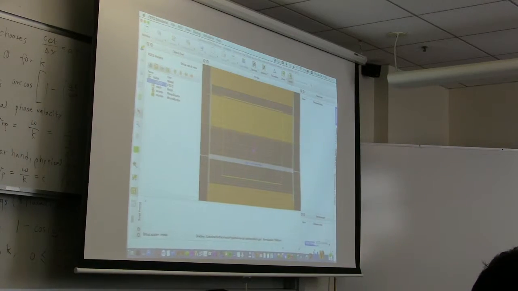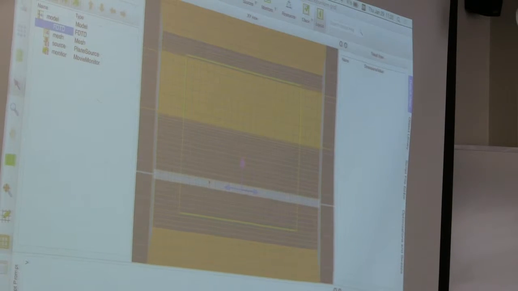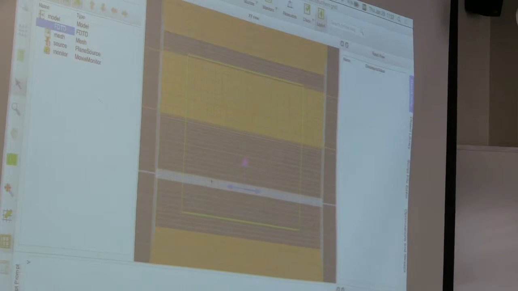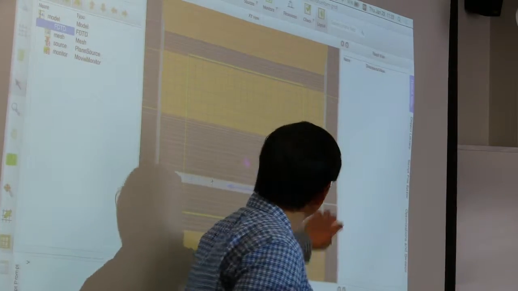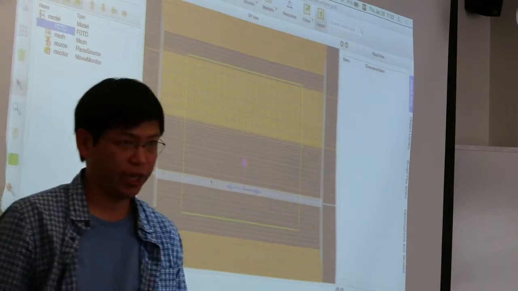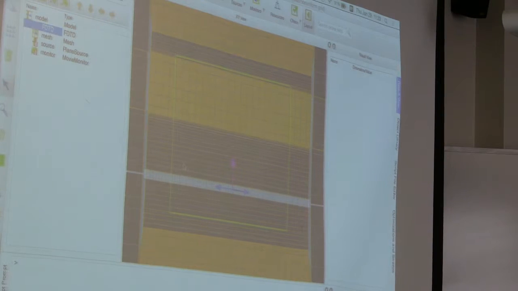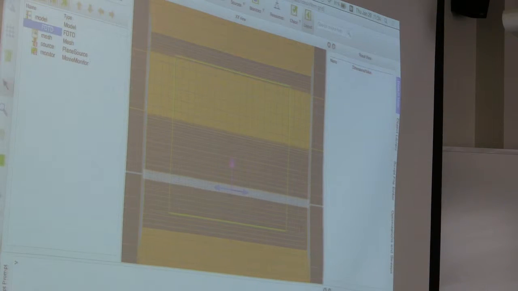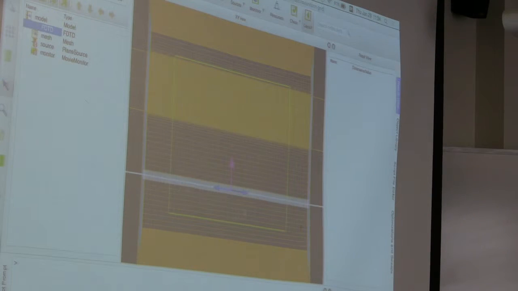This is actually numerical, and this is a very simple 2D system where you have PML here and PML here, and the central region is filled with air. And I display the grid, the mesh, and if I enlarge this region,